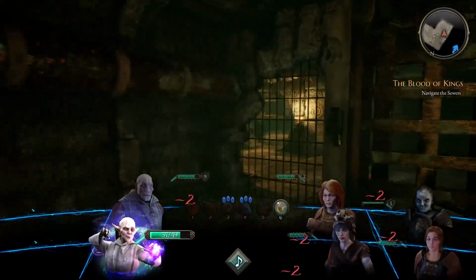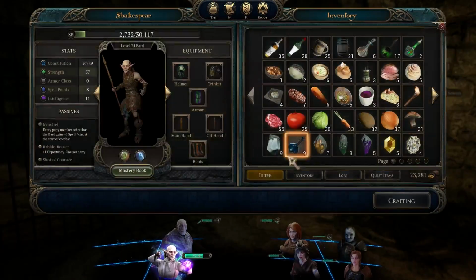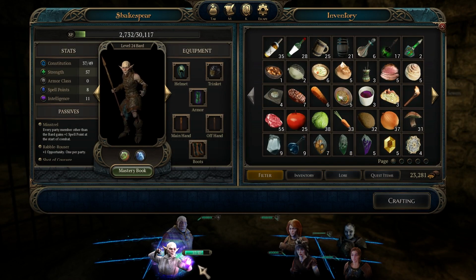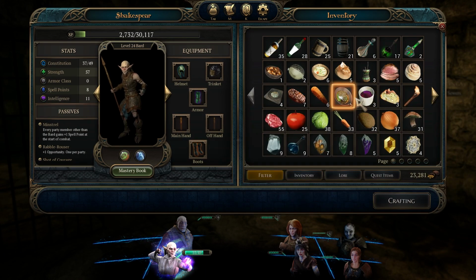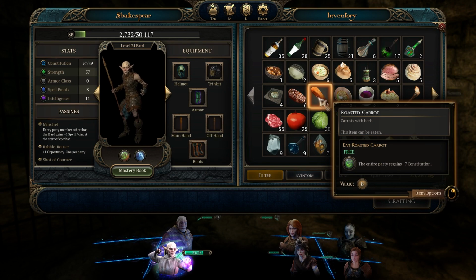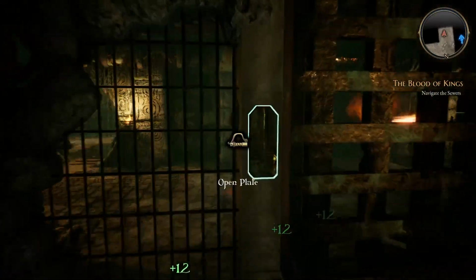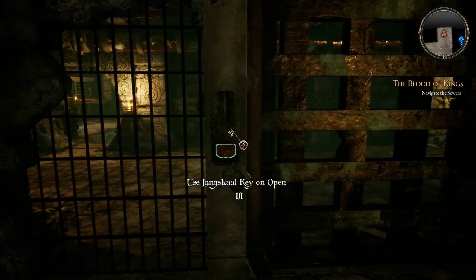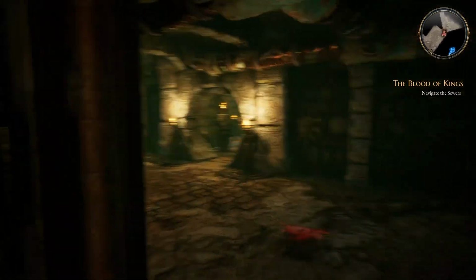Oh, oops. Oh, come on, you guys. Stop being so dramatic. You're fine. Actually, how much damage did you take? Is that 12 damage? Fine then, guys. Drink some broth. There you go. Langskaal key or a... Oh. I don't even know if there's an option to use lockpicks, but...